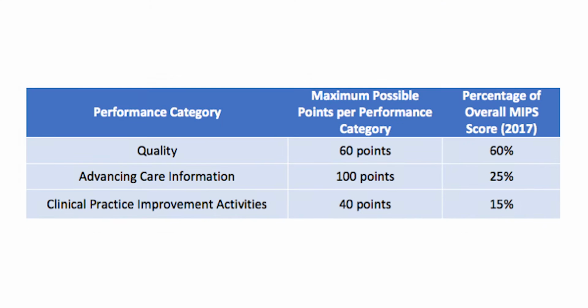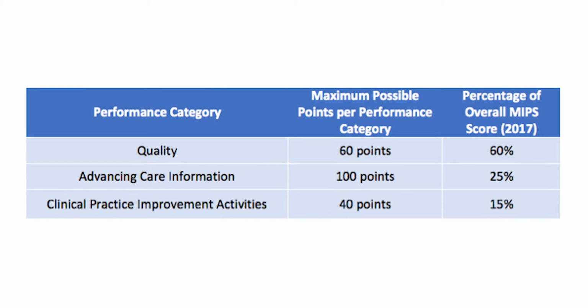Another big difference between ACI and MU is the removal of thresholds. You will no longer have to hit a certain threshold percentage in order to meet a measure. Lastly, ACI removed 2 measures, CPOE and clinical decision support, and also removed the requirement to report on the immunization measure. As I mentioned earlier, in 2017, the ACI component of MIPS will account for 25% of your MIPS composite